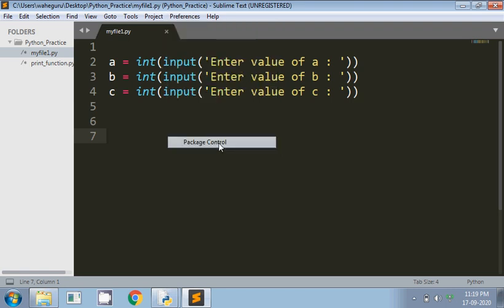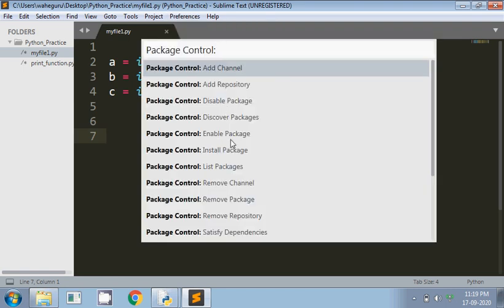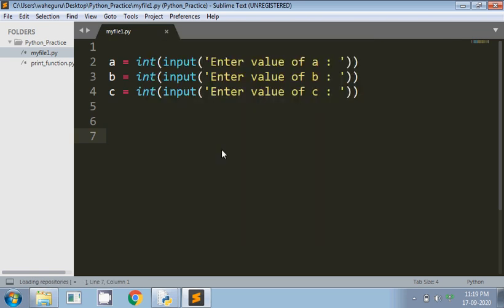So I would go to install package, click on that, and it says loading repositories. It will take some time.